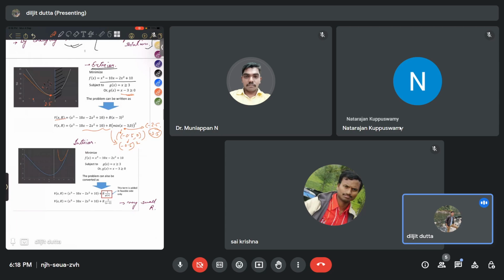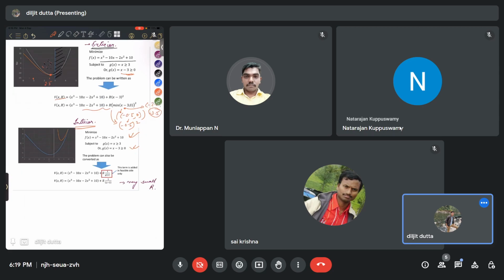Now the second way is to do an interior penalty method. Similar condition, same problem. That is, we have to minimize this function subject to x minus 3 greater than or equal to 0. In this case, we'll add the penalty function as r into 1 by g of x. So it will be r into 1 by x minus 3. So in that case, what will happen? If x is very near to 3,